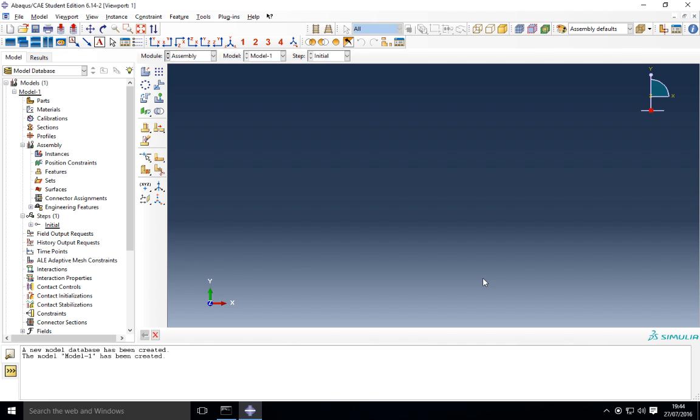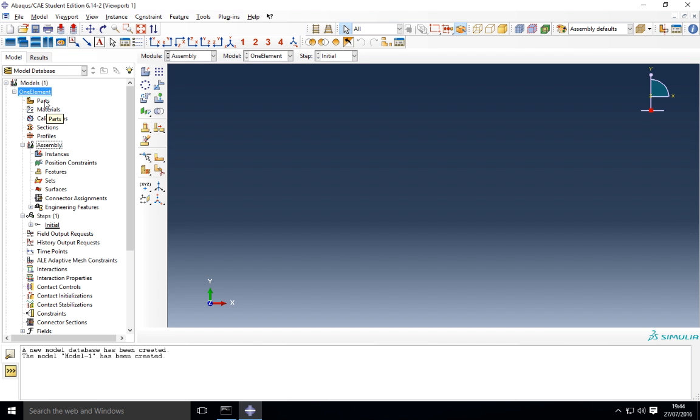So let's have a look at the example problem now in ABAQUS. We'll follow all the different steps as I described before in the Getting Familiar video. I still have the same window open, and what I want to do now is change this model name to one element, because this is the one where I'm only going to create one element for the entire bar. So I have to create a part,